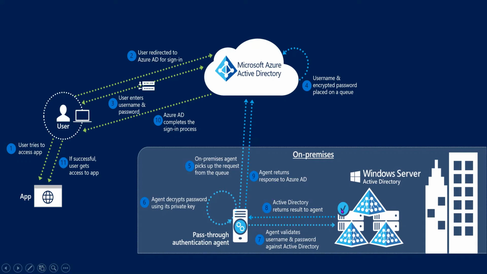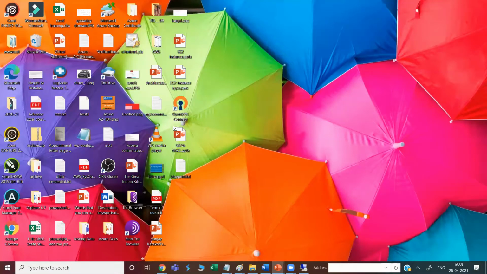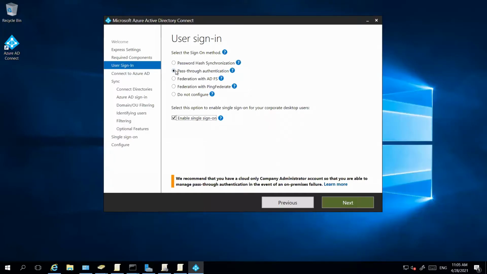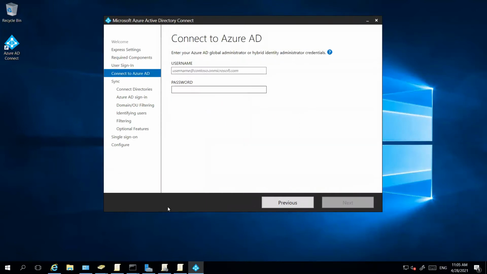When validation happens, the result comes again to this agent, and then it further gives it to the Microsoft Azure Active Directory here. So this component is very, very critical. What is happening right now, when I'm selecting this pass-through authentication option, is that I'm trying to install that agent on this particular virtual machine. So go ahead and click on next.